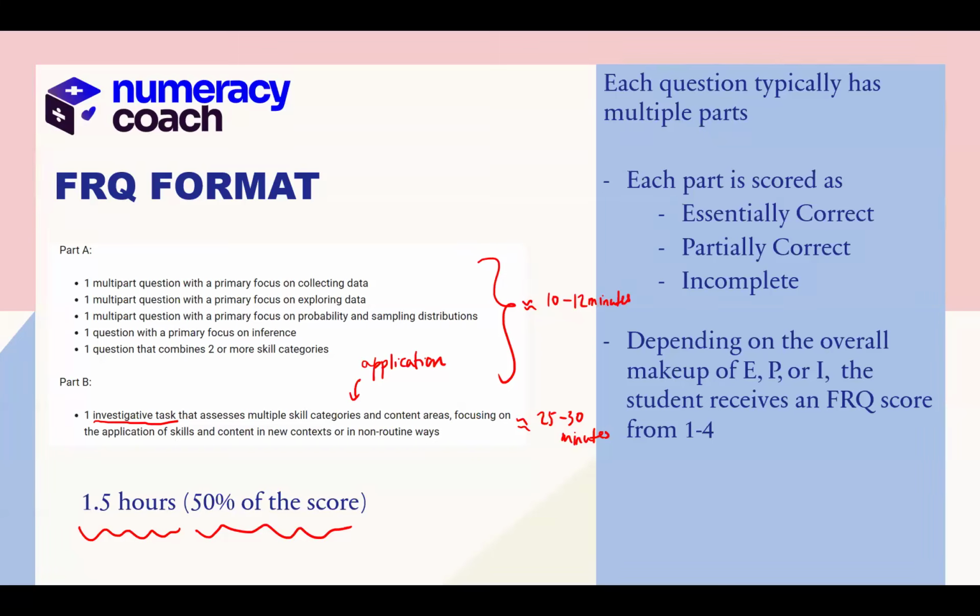So for the first 5 questions, they suggest around 10 to 12 minutes. Obviously, one question you might take 5, another one 15, but for that investigative task, we really want you to think more and try to apply more, something that might be out of the typical, straightforward stat question.